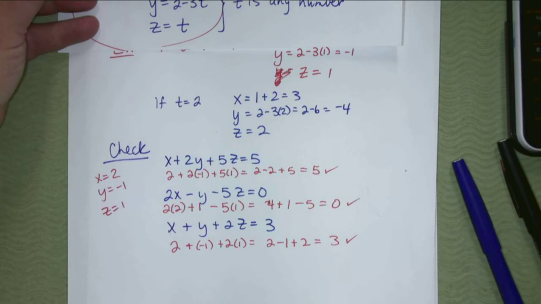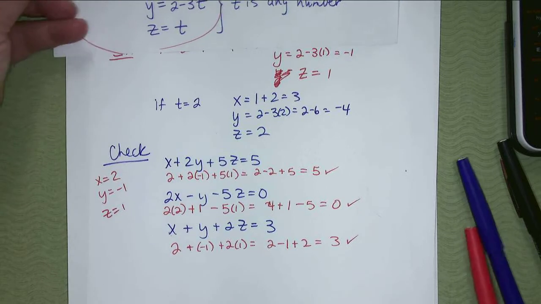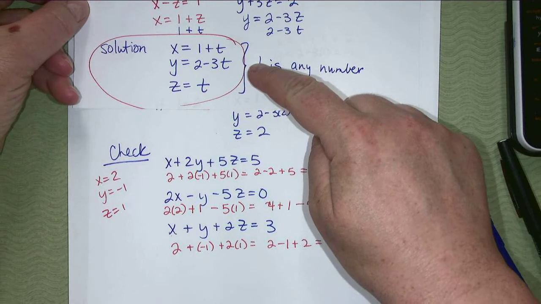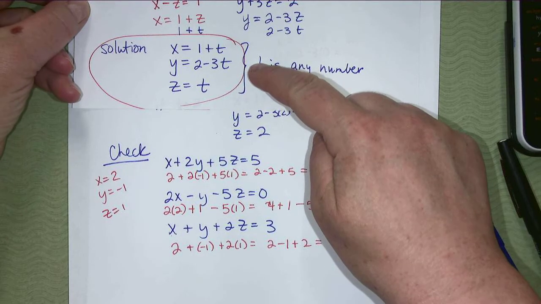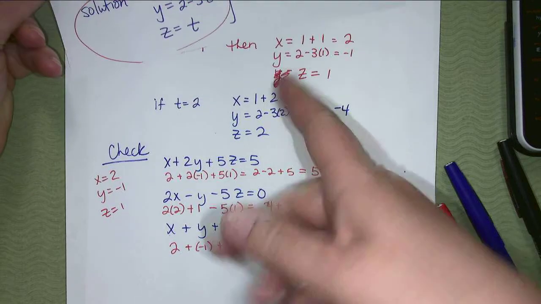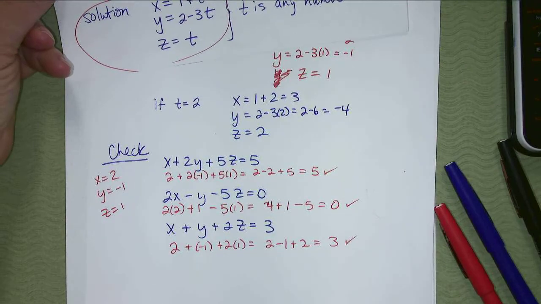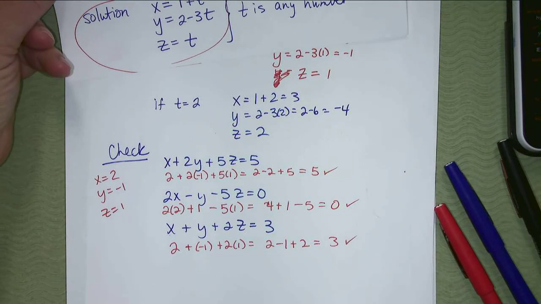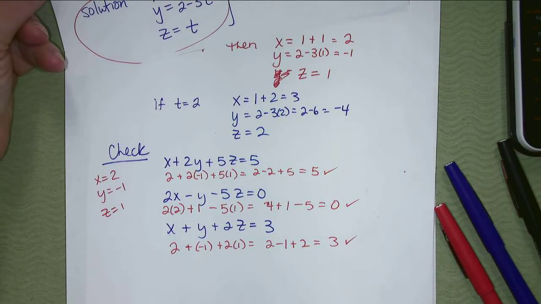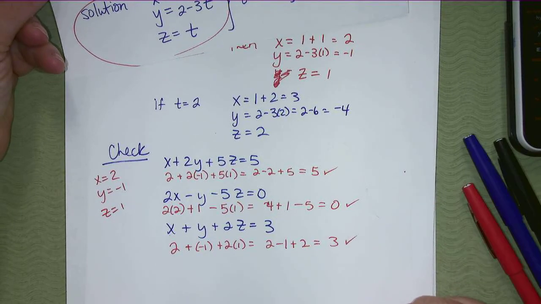What I look for is your solution, but for marks on a test I usually ask you to check your answer, so then I do look for a check. But in some tests I've said, show me 3 different solutions. Then you would just plug 3 different values of t in and get 3 different sets of solutions. The reason we don't usually leave it as z is because then you would say z equals z,